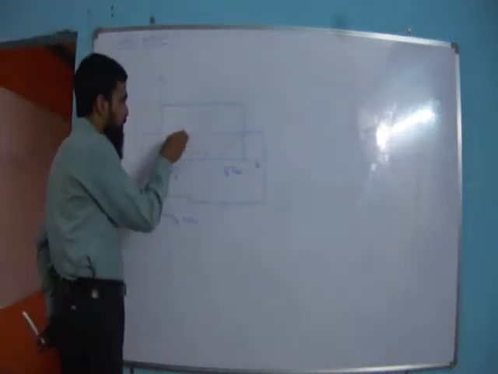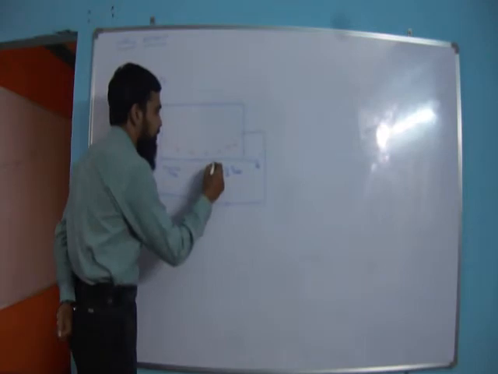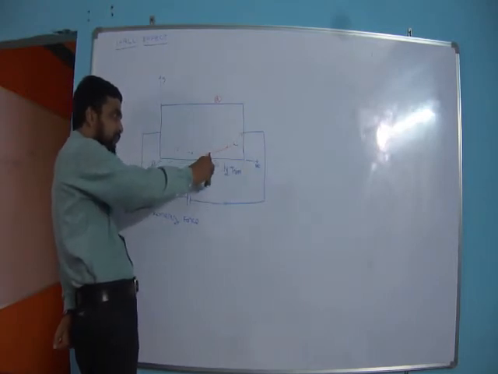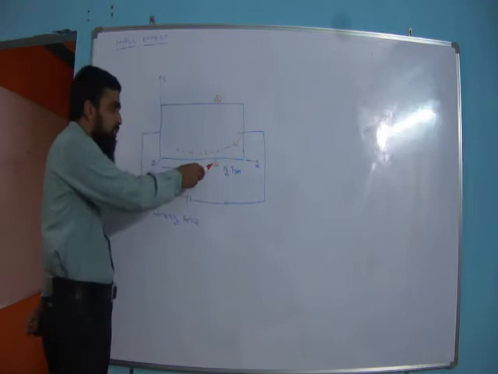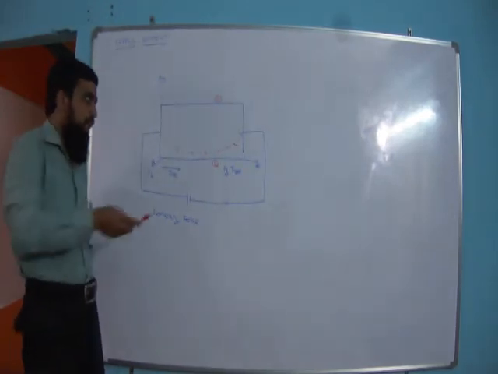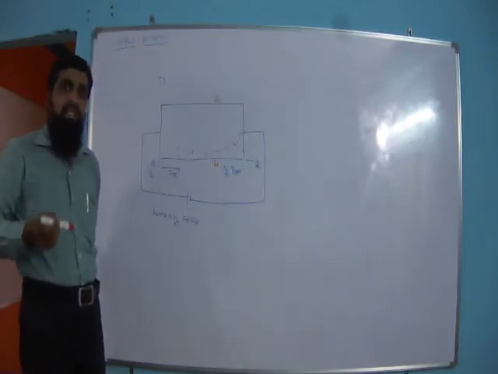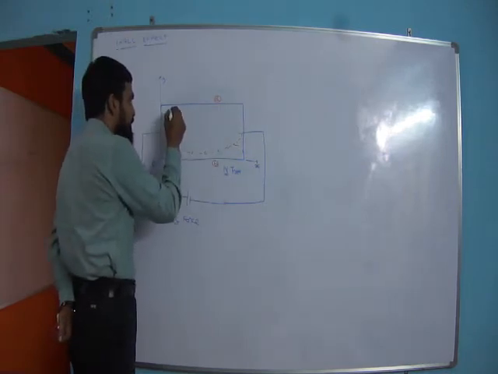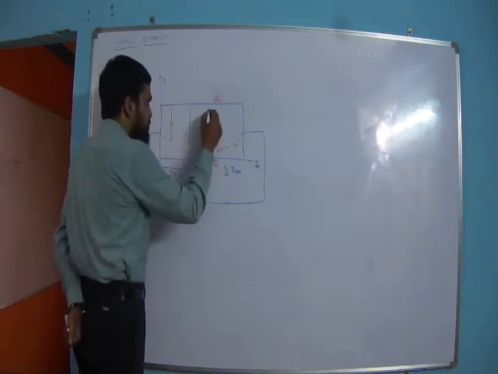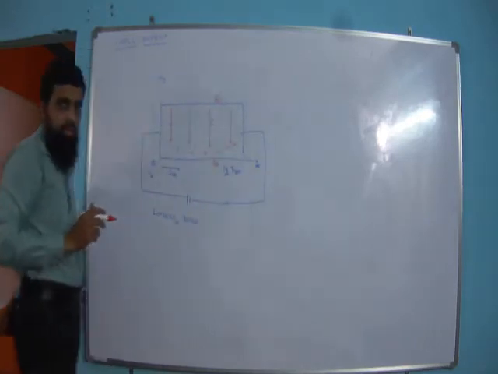Now we can observe over here that, let us call this surface B and surface A. The result of this magnetic field is that the electrons have taken this curvature direction and surface B has become more negative compared to surface A. We can say that surface B is having more electrons compared to surface A. As surface B is more negative compared to surface A, an electric field is induced. And this is nothing but Hall effect.